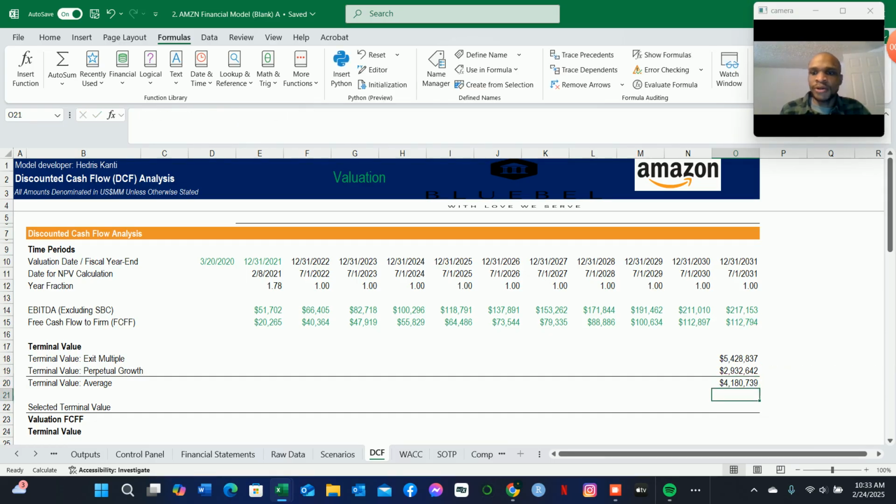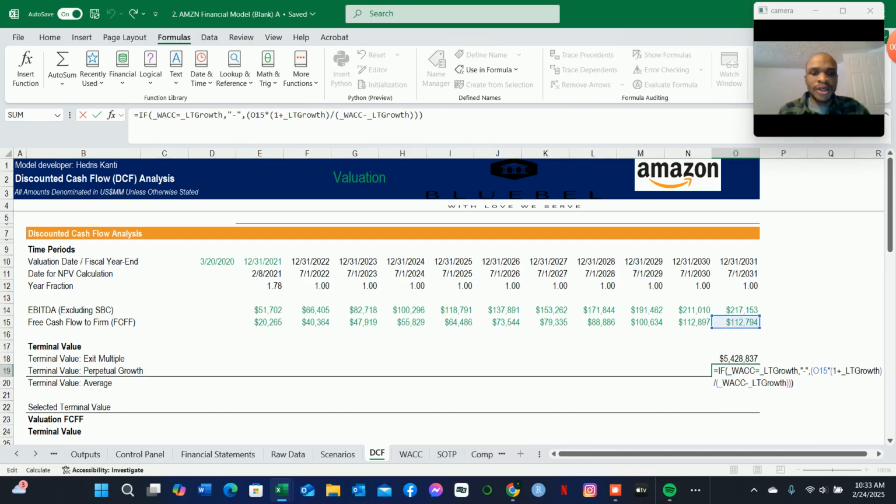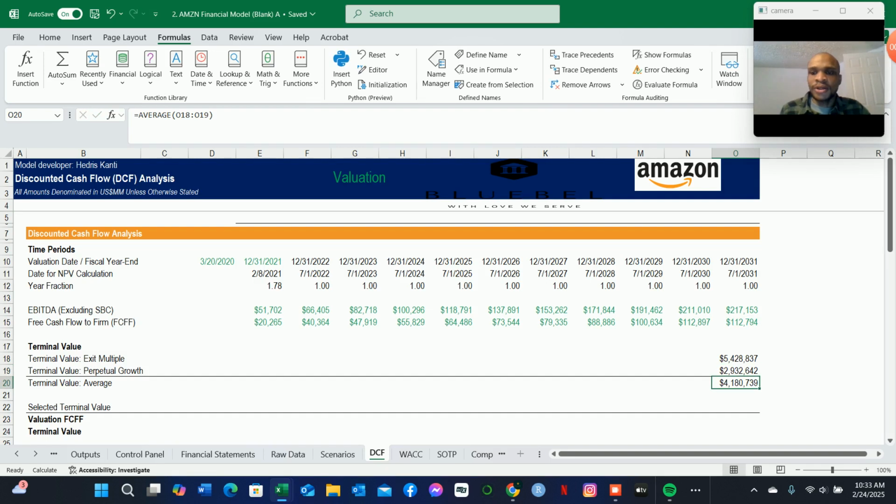You can close that and we'll press enter, so that in case the WACC, the weighted average cost of capital, is equal to the long-term growth, then that perpetuity formula might not be applicable. So in this case, let it just give us a 0 rather than leaving an error here. So having that set up, we can now